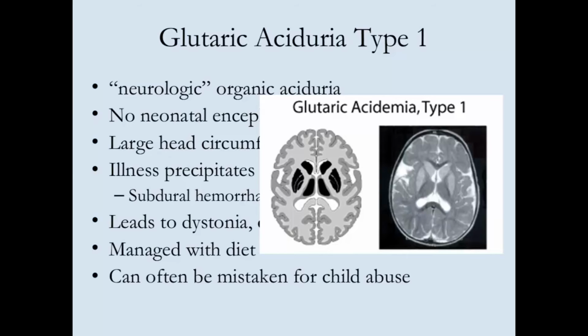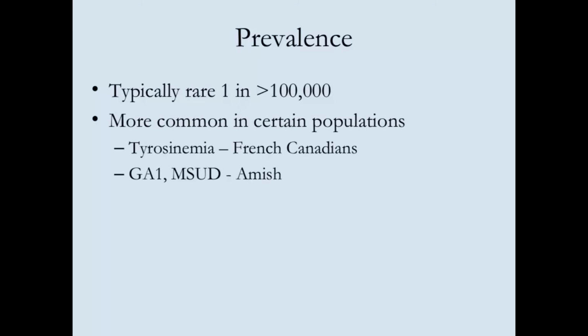This is just a little figure and an MRI. So the basal ganglia and the related structures around it, that's what this is showing here, is the increased signal intensity after, I assume, some sort of crisis. So prevalence, these, like most metabolic disorders, are pretty rare, at least 1 in 100,000, some much rarer, but like a lot of other genetic disorders, they are higher in prevalence in particular populations.